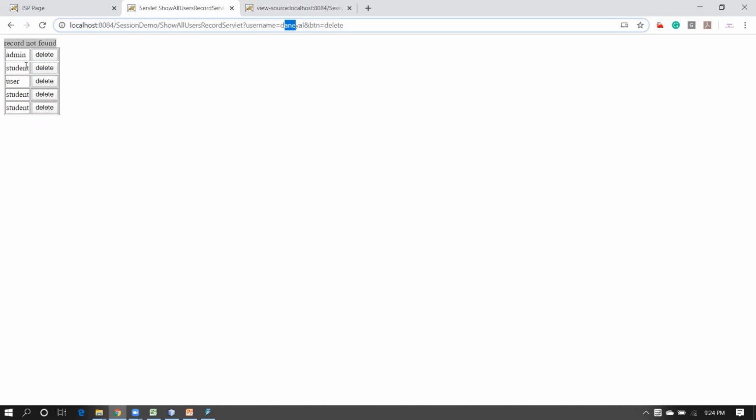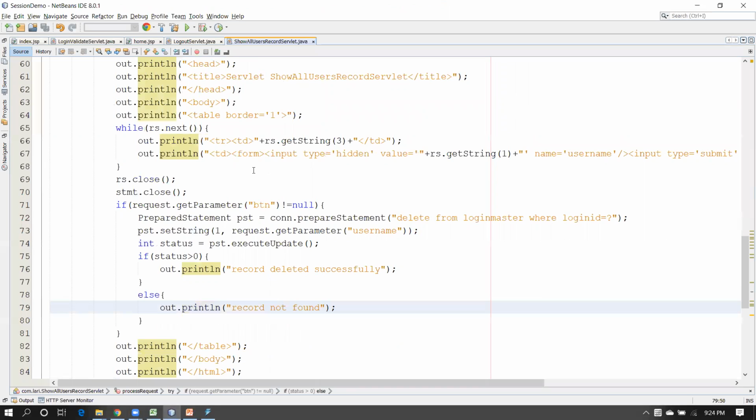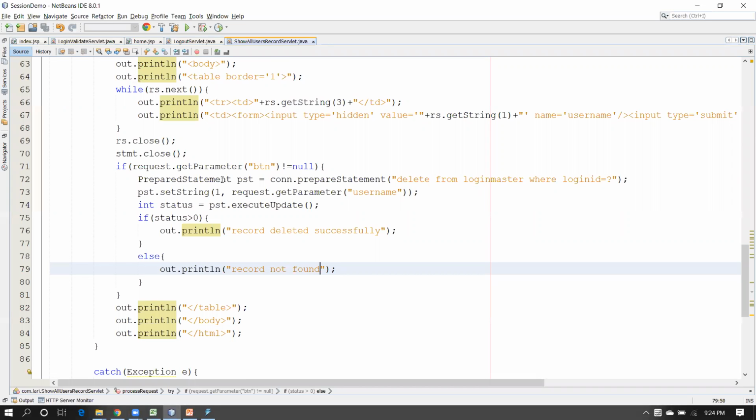So if you want to perform any operation and you want to send some value by submitting the form, and you don't want to show it to the user, and every time you want to send that value by the form with the hidden, then you can write the hidden form fields. Yes, tell me, is it clear? And you can do this onto the same servlet, but you need to write some piece of code to maintain it, because